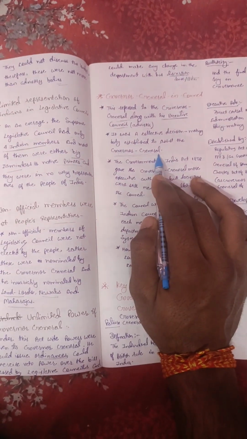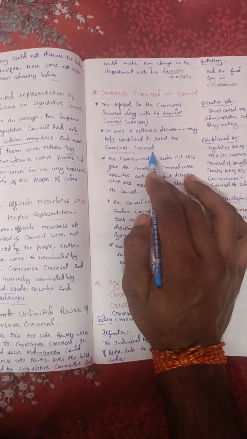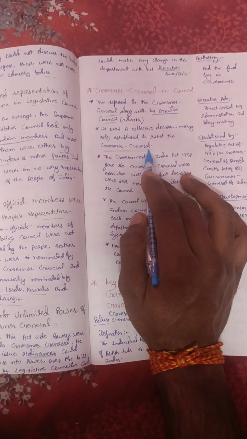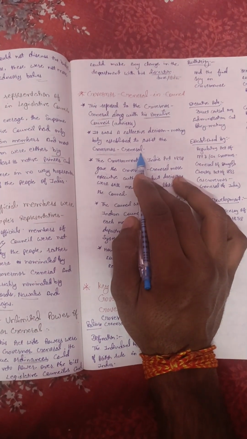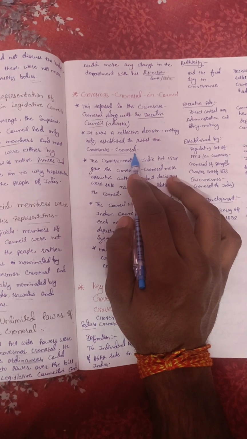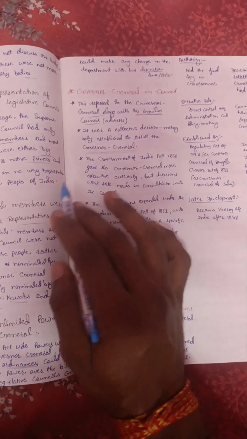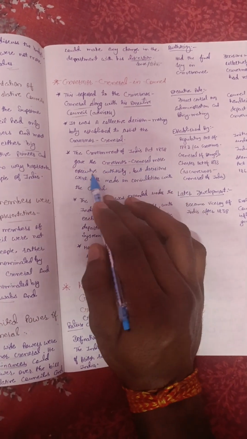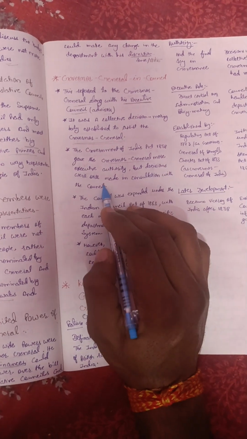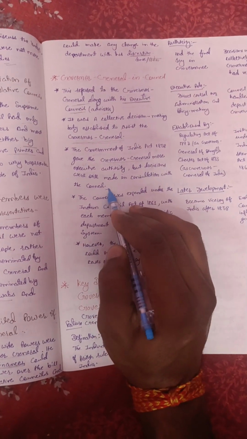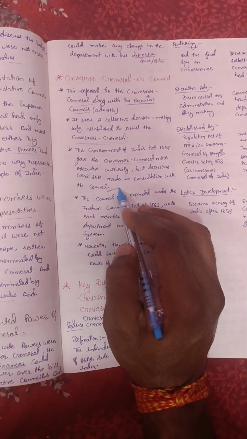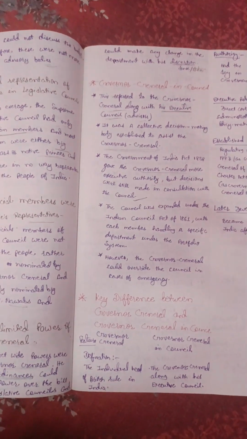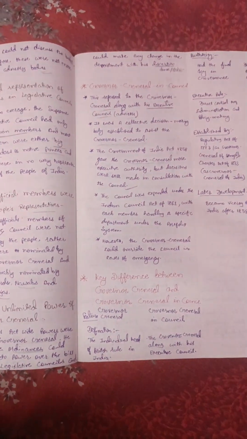However, the veto power, if the Governor General thinks those ideas may be helpful, then only he can accept them. Otherwise, he had the power of veto on the decisions of the Governor General's council. So the Government of India Act 1855 gave the Governor General more executive authority, but decisions were still made in consultation with the council. Yes, the decisions were made with consultation, but again the veto power is supreme, so limited power of the Governor General.